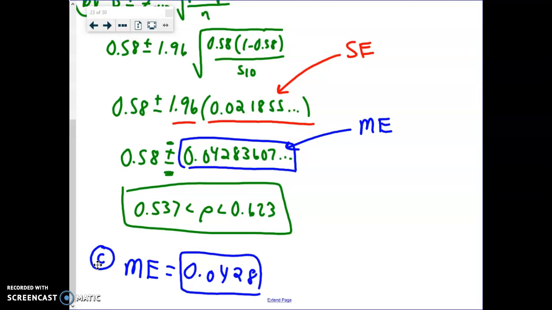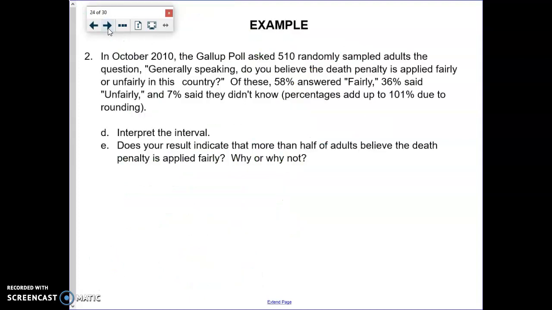So let's go ahead and take a look at D and E, and then let's call it good for this example. If you want to read through that again, it's on your example sheet, but we want to interpret the interval that we just created. This is part D actually, and you're probably getting tired of doing this, but we are